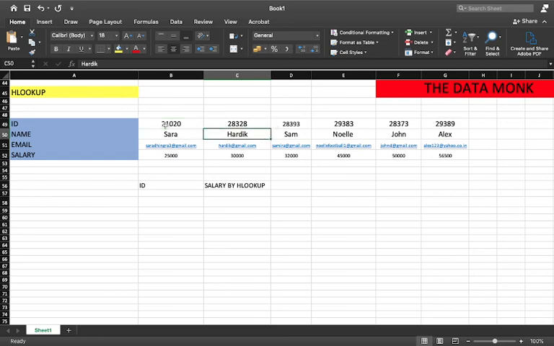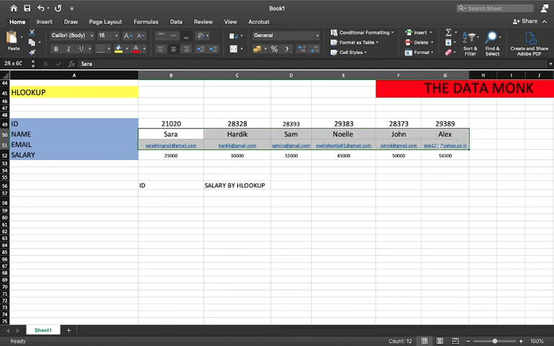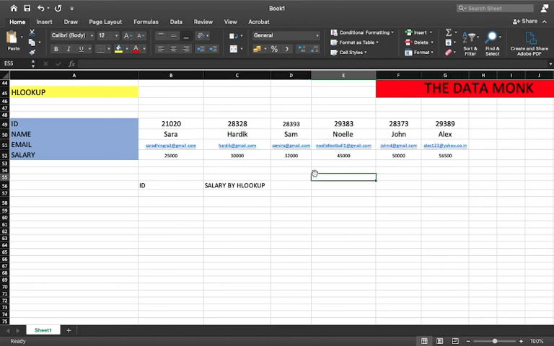Next point is that you have to go from left to right only, you can't go in the other direction. You'll always have to go from left to right while you are searching for the values. Then the value should be unique, so whatever value you are searching for should be unique.